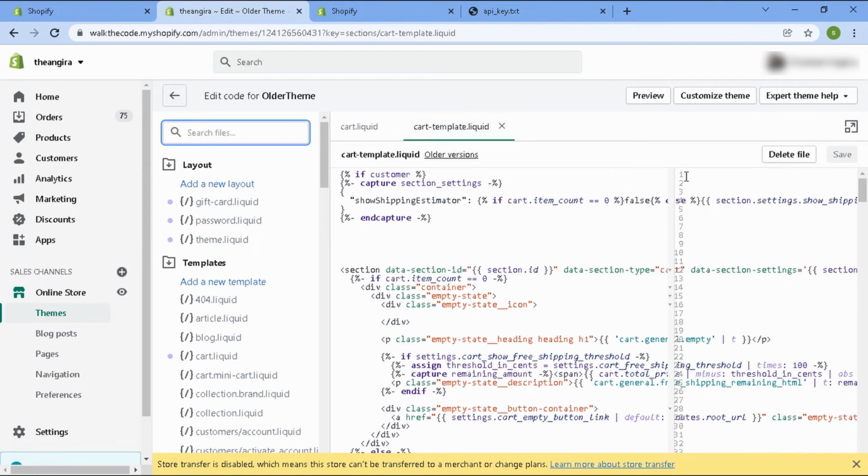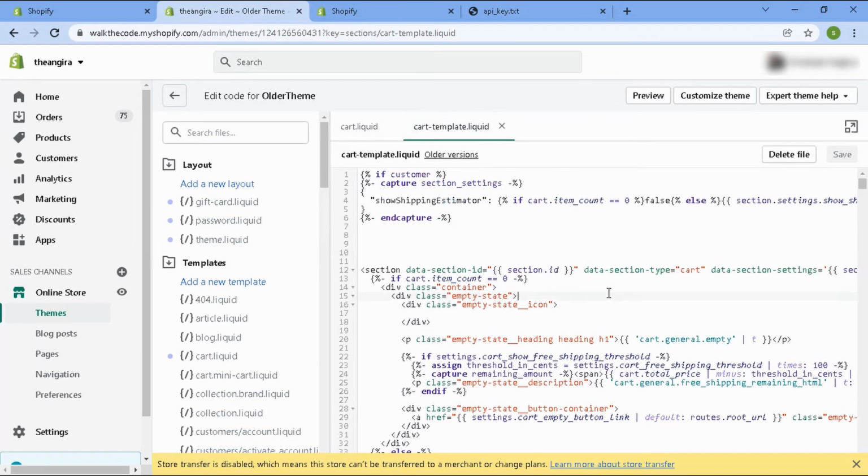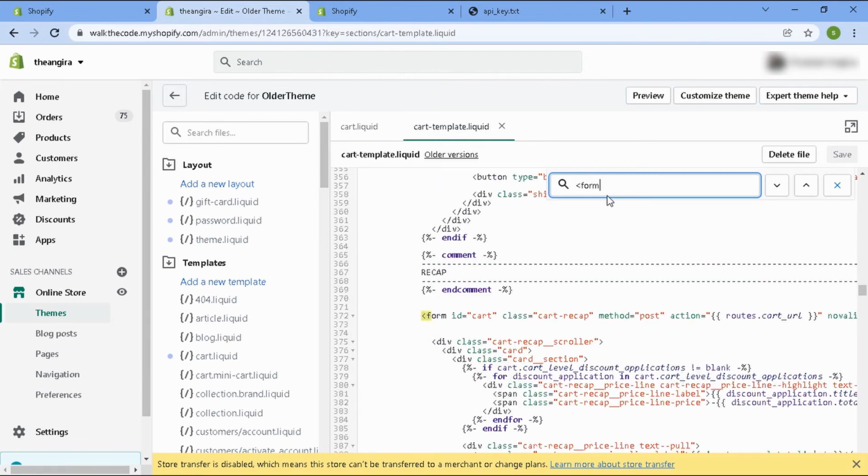Sometimes these kind of numbers show up vertically. So in order to get rid of it, you simply have to switch between the tabs. So now once inside the cart template, I would press anywhere inside this file, and I will press Ctrl and F, and I will type the opening arrow, form, and here I have found a form.